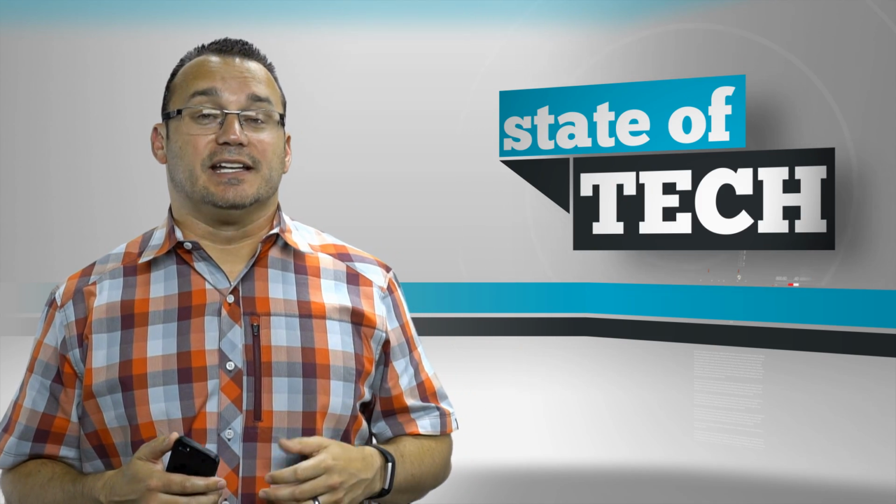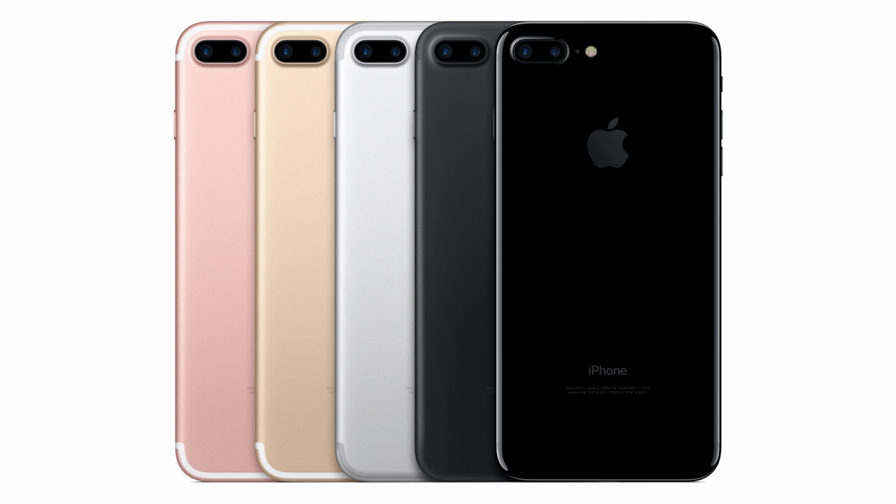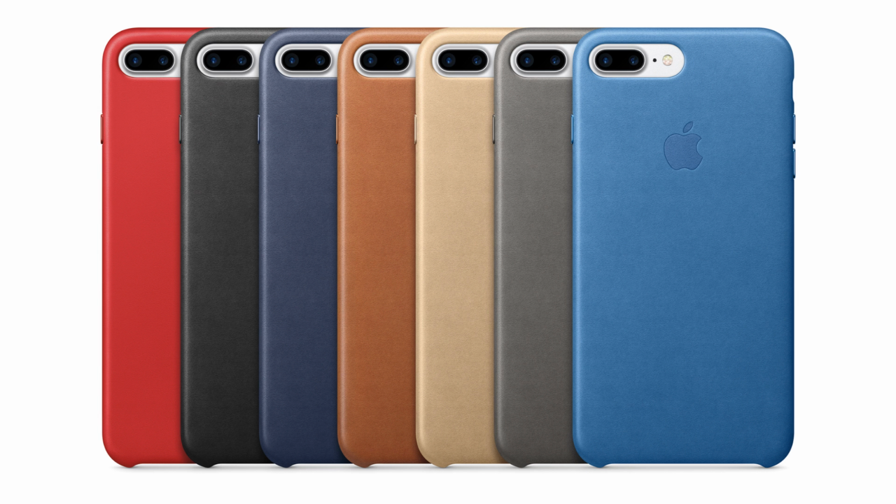And so my last thought is on the jet black color that they have come out with. Of course, the colors are always something that Apple does. They've got several different color options, especially nowadays. And this jet black is a shiny, fancy phone. However, on their website, we did find that Apple actually recommends using a case with that phone because it's going to scratch a little bit easier than